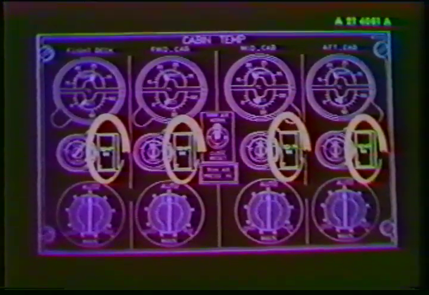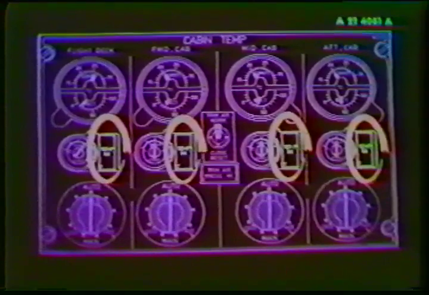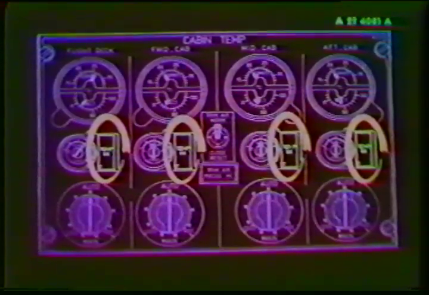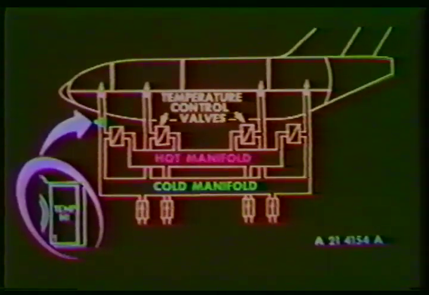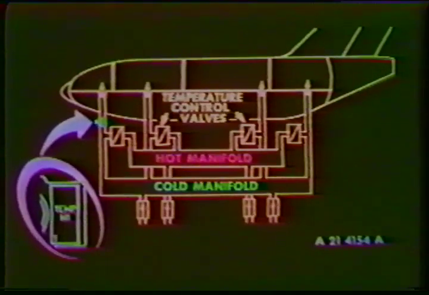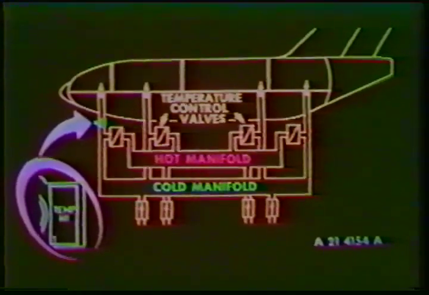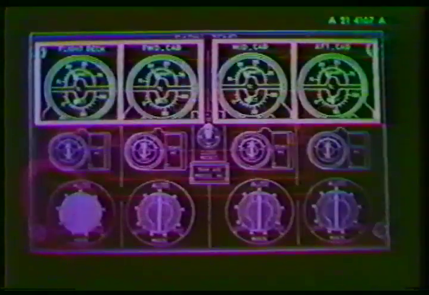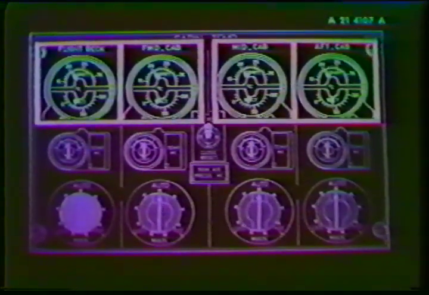The temperature highlight illuminates amber when there is an overheat of more than 88 degrees centigrade in the duct leading to a compartment. A dual temperature indicator will indicate the duct and compartment temperature. These temperature highlights indicate